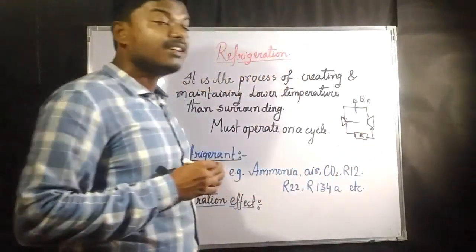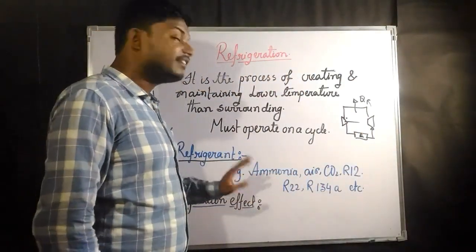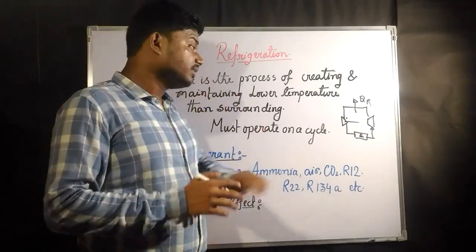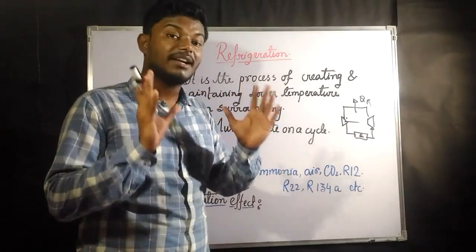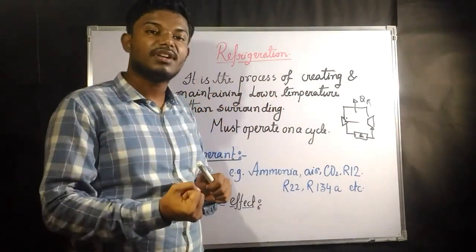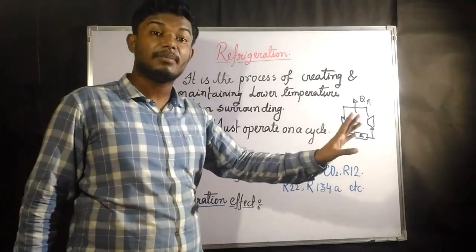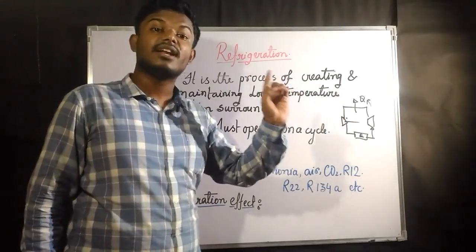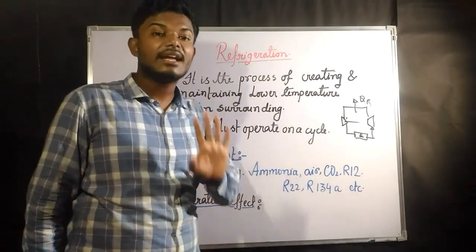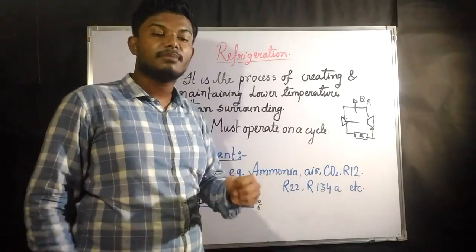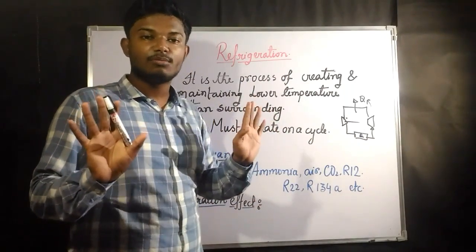Okay, so what does this refrigerant do? We take the refrigerant in such a way. We are taking a particular case, in which we are just maintaining a temperature lower than the atmospheric temperature. We are not going to a particular temperature, like needing to maintain minus 180 degrees centigrade. No, we are taking a particular condition that is keeping the temperature lower than atmospheric temperature. That is our motive, nothing else.